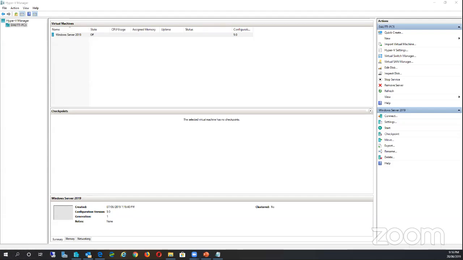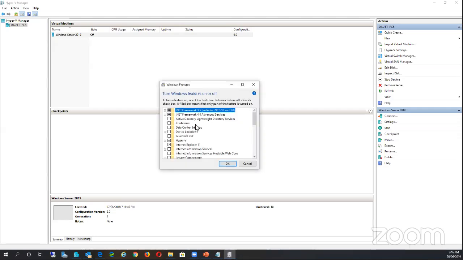And then once, okay, let me just actually turn Windows features on, just to show you. Okay, so here it is. Then you can go along and enable the Hyper-V, and then once you actually check this box here, hit